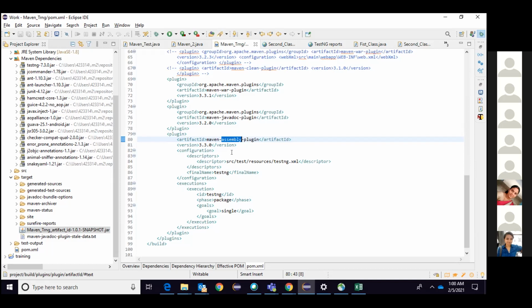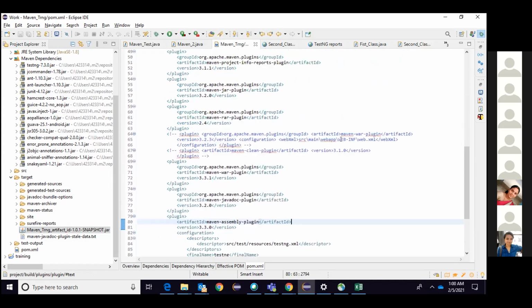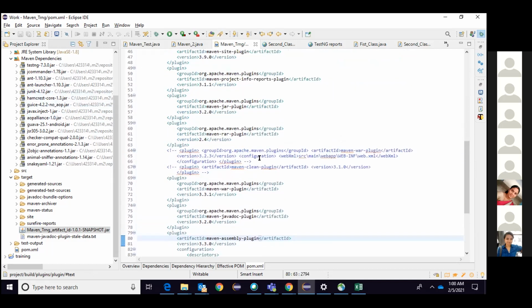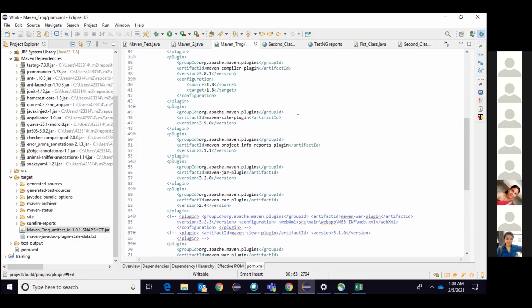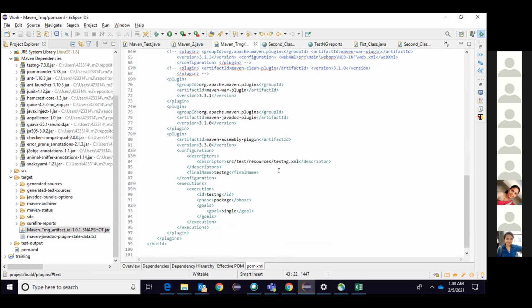Anna, and also about the resource plugin. Here we didn't do anything with resources, no. Resource plugin is also there.